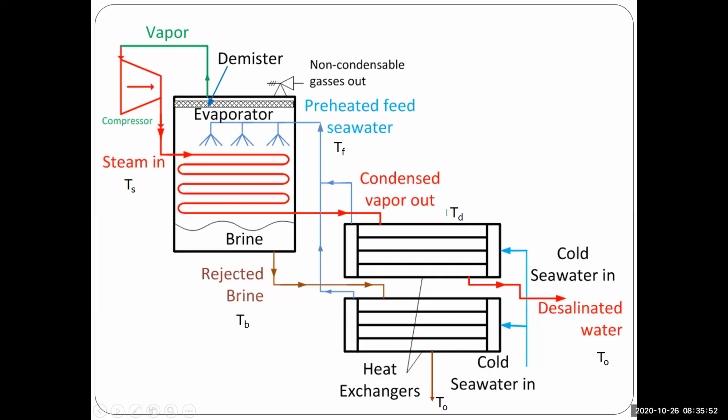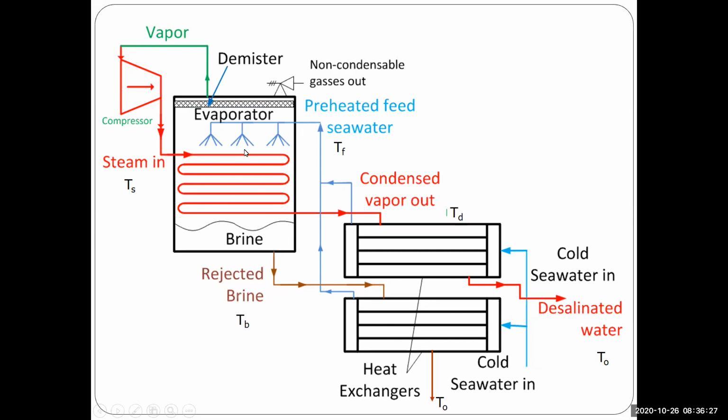For the single effect evaporator system, we have vapor formed here. All the vapor which is formed is taken as the inlet for the compressor. The compressor is run mechanically so that it compresses the vapor from its inlet condition here, which can be assumed as saturated vapor, to superheated vapor that is taken as the source of heat for our system. So the compressor increases both pressure and temperature for the vapor, and the hot vapor, which is taken from the